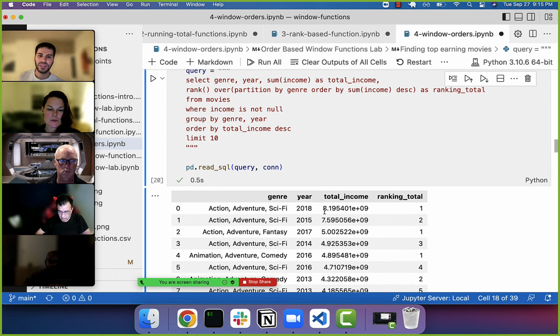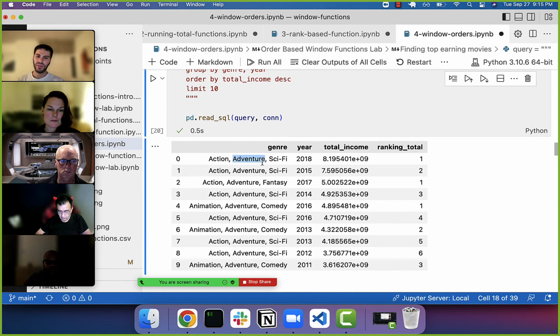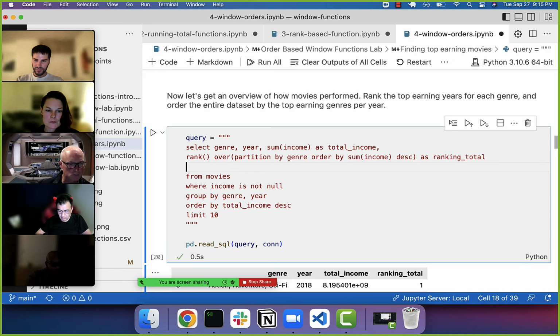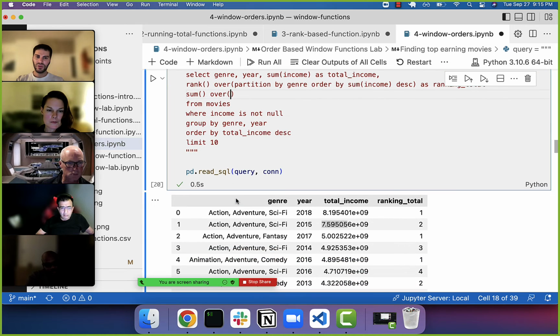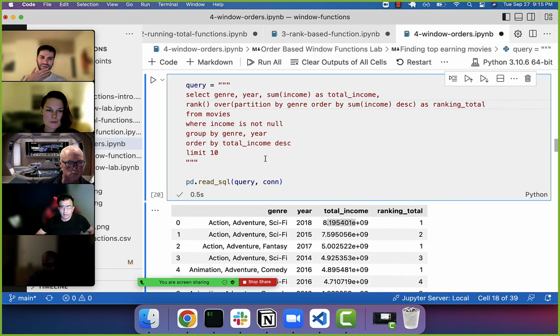It's the same thing if we were to say, add up, let's say we want to see the running total of the income per year. Well, I guess it's not useful here. We could say the running total of the income per genre, though, right? And that, again, would be visual. We'd be adding up this income and this income to get that running total. Let's just do that. So this will be the sum. Oh man, I don't know if I can do it because it's really going to be a sum of a sum of the total income. It seems like that's going to be hard. I'm going to hold off on it,